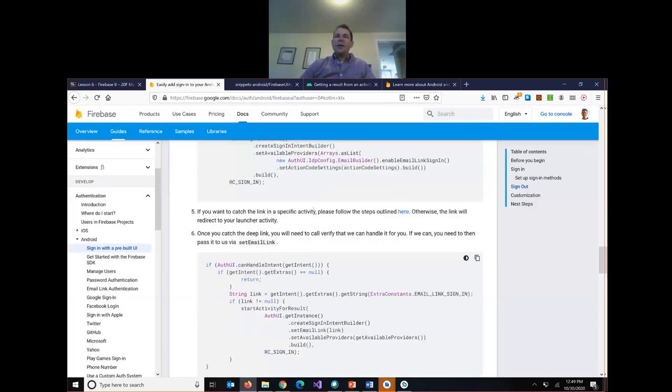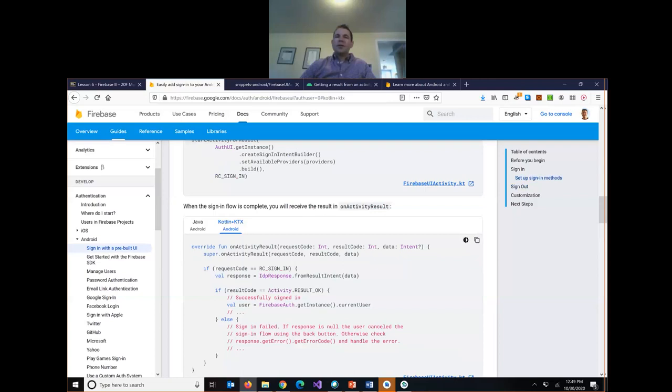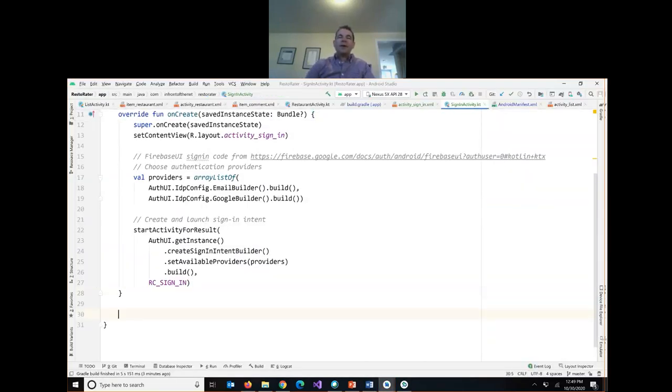So we've got this code here in this section that we can add. We can override the onActivityResult, and it also uses this RC sign-in. It's checking the request code. So this is going to tell us whether the login or the registration was successful. So we're going to copy this, and this will go outside onCreate. So this is a separate function. We're overriding onActivityResult, so we'll copy that code and paste it in and make a few changes. So after onCreate,